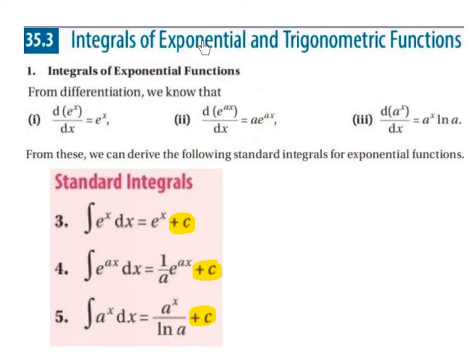Integrals of exponential and trigonometric functions. Integrals of exponential functions. From differentiation, we know that d e to the power of x dx is equal to